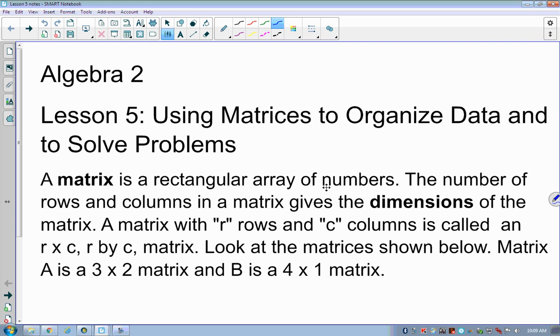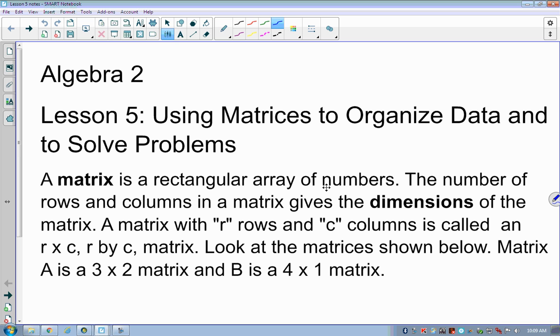All right, lesson 5. Using matrices to organize data and to solve problems. Okay? This stuff seems really complicated. It's not that complicated. It looks harder than it is because it's a whole different way of looking at things. But if you understand this, it's going to make your life a lot easier, especially with that graphing